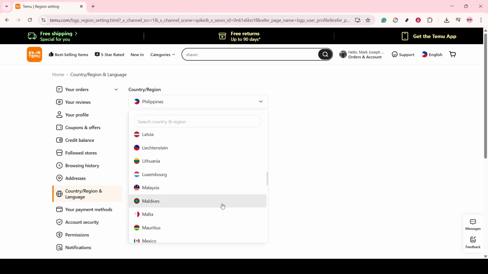While it might seem simple, changing your country or region can have various implications. For instance, you may notice different features, content availability, or even changes in language settings, depending on the country you choose. This is because certain features may only be available in specific regions, so it's something worth considering as you